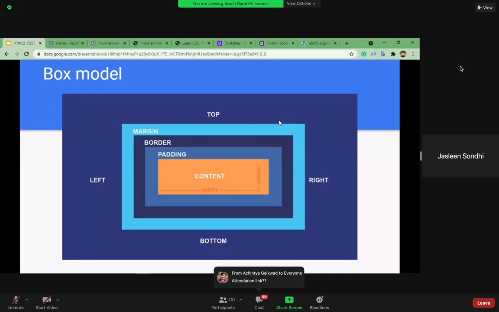No rush. Okay. So whenever we try to place our text and images properly in our website, we have something called margin, border, and padding. Okay. So this is nothing but the box model inside HTML and CSS. Just a second, I'll show you guys.